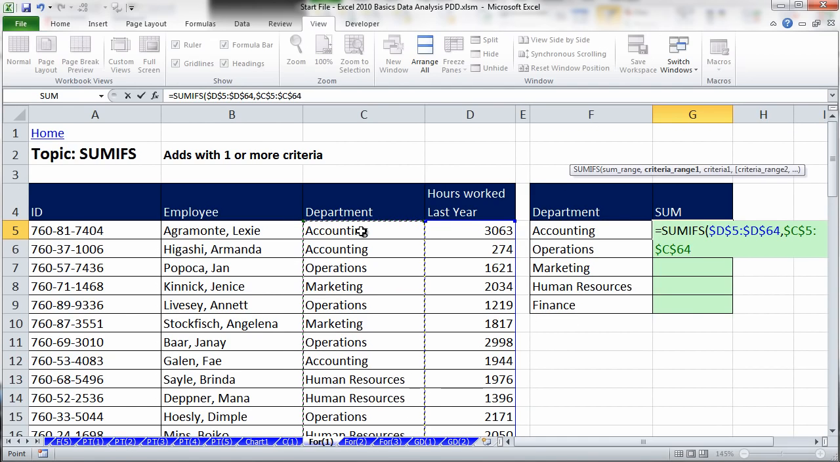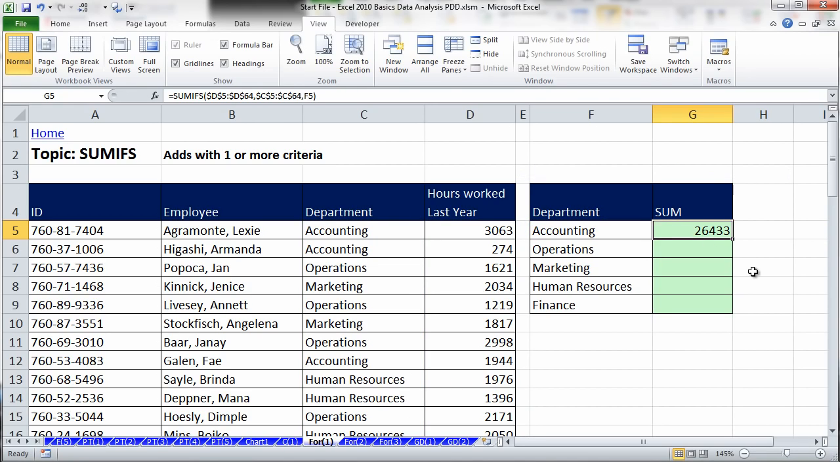The F4 key locks it. So as we copy the formula down, those ranges do not move relatively. Comma, and for criteria, since we only have one, it's a relative cell reference. It's always going to look one cell to my left. All right, so we have our SUMIFS, Control Enter, and I can double click that little box in the corner